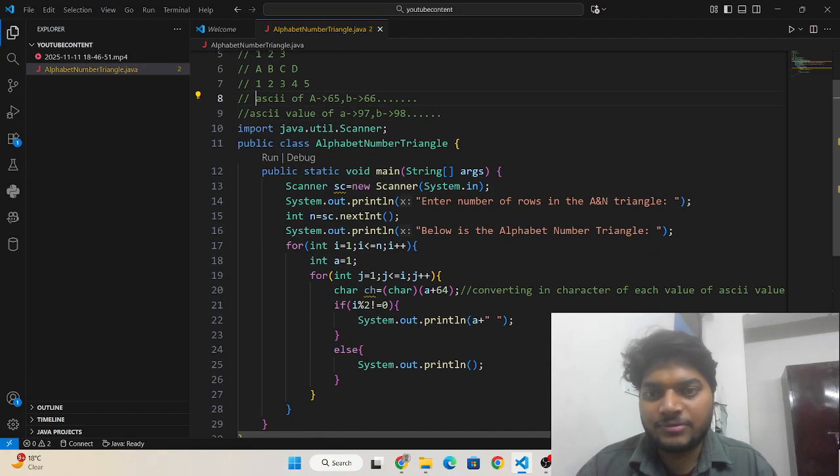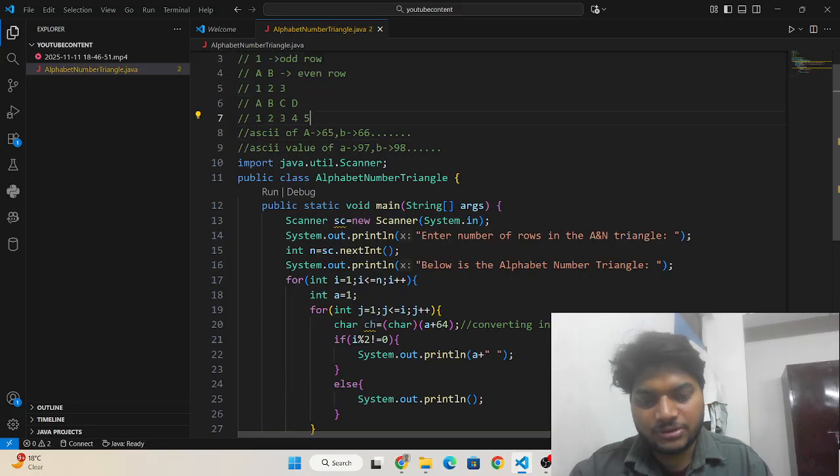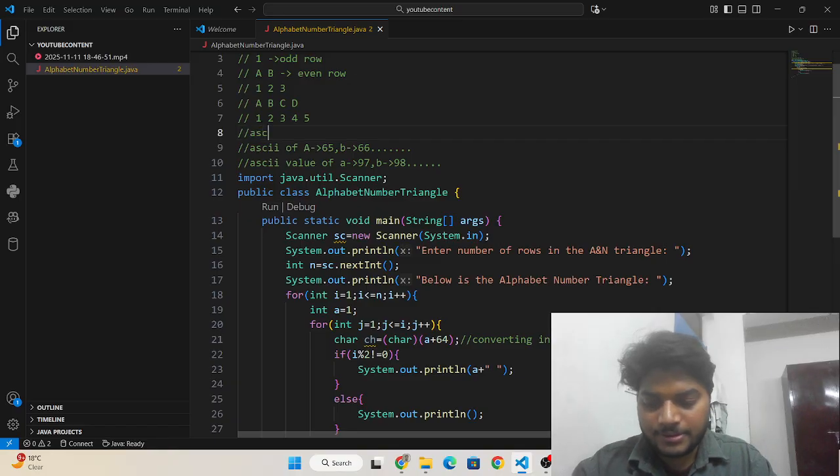What is the ASCII value? ASCII is the American Standard Code for Information Interchange.